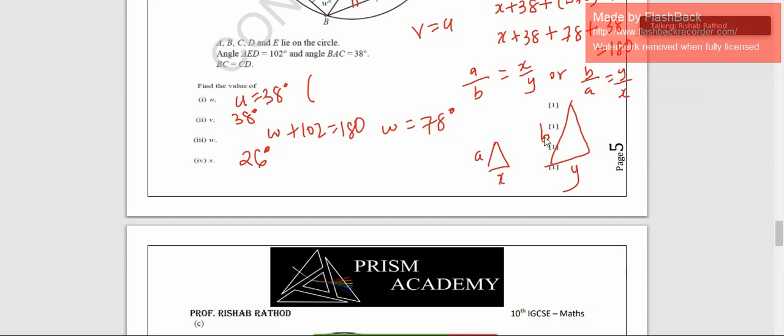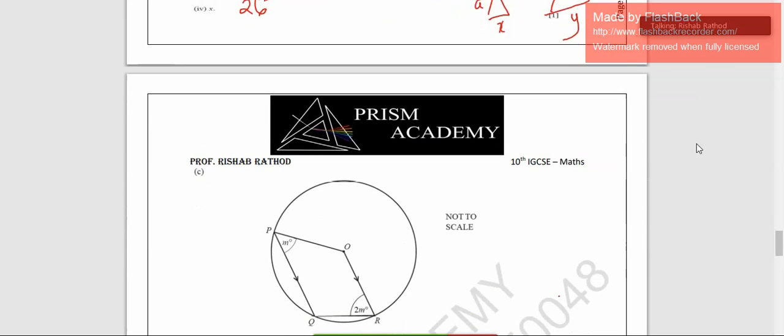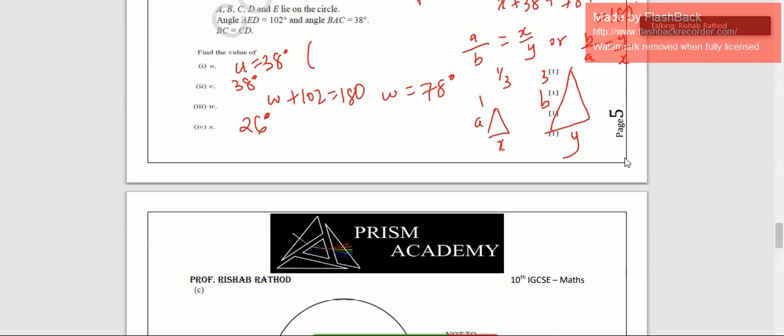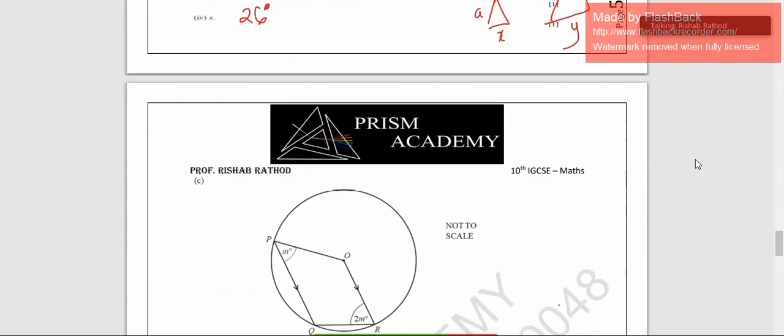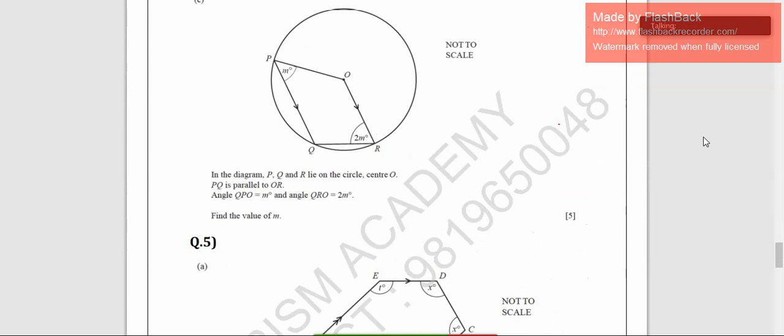If you take A by B, suppose this is 1 and this is 3, your scale factor will become 1 by 3. If you take B by A, your scale factor becomes 3. So normally it is advisable not to use a fraction as a scale factor. That's why we take longer upon shorter. You can take shorter upon longer also. It does not matter. But for enlargement, you always take the image upon object. Okay.